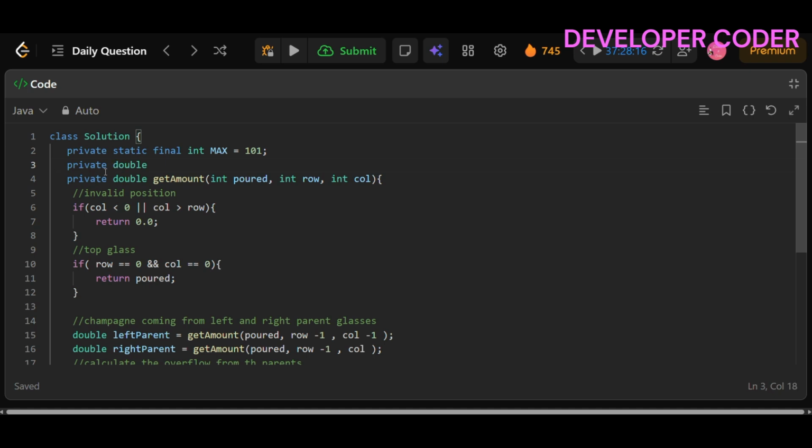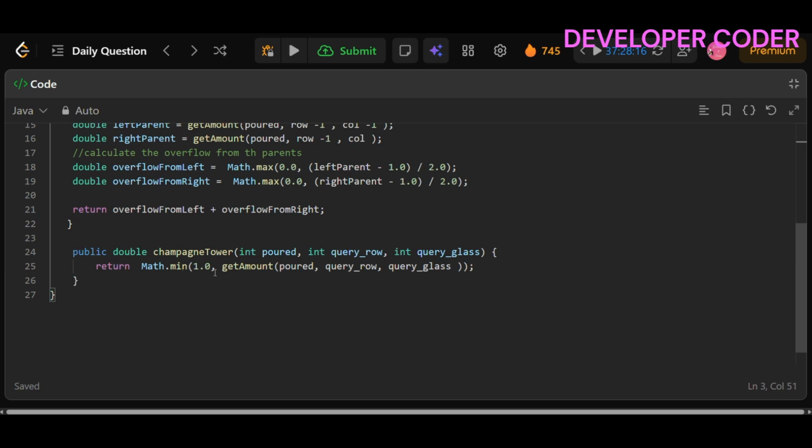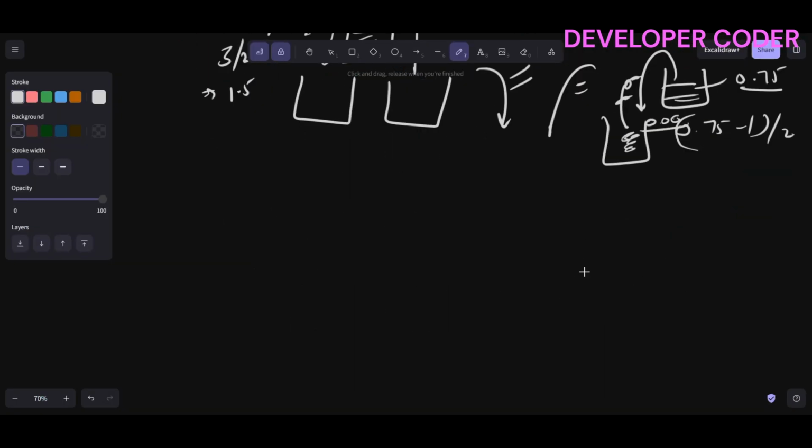Private double memo, and here you have to write new double max and max. And here one more thing, here I'm taking the min of this. So in reality, why am I writing this? Because if you have some glasses like this now,